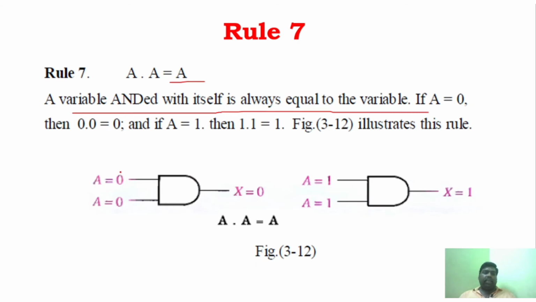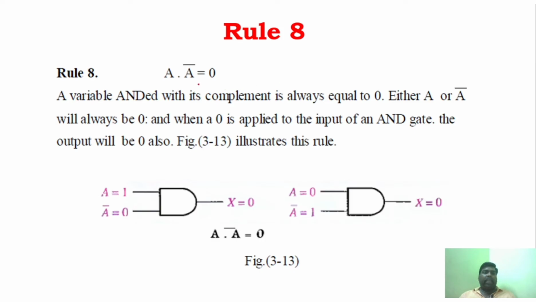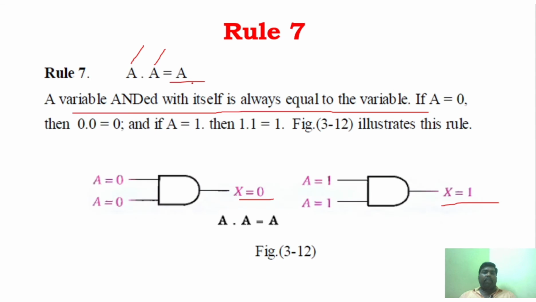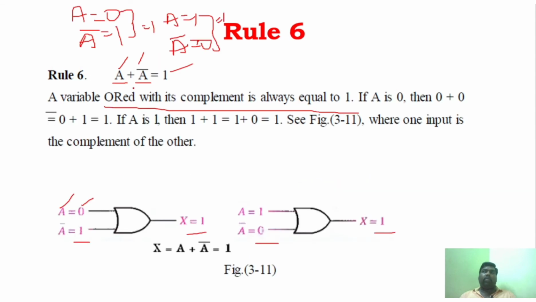That is, if both the inputs are A, if both are 0, then the output will be 0. If both are 1, then the output will be 1. So that is rule number 7. And what is rule number 8? Rule number 8 is the complement of rule number 6. In the OR operation, what we are doing is